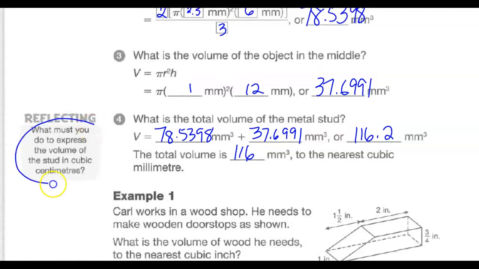Okay, then just in the reflecting here, it says, what must you do to express the volume of the stud in cubic centimeters? So you would either convert all of these measurements that you've used to centimeters. So they'd be all decimals. And then it would calculate out to centimeters cubed. Or you can look on your formula sheet